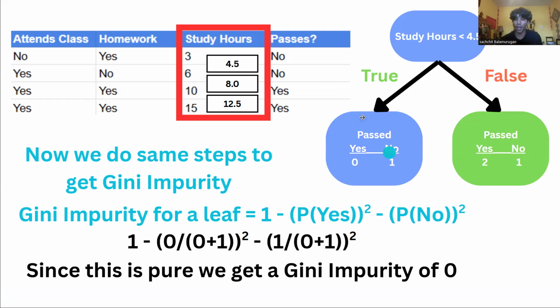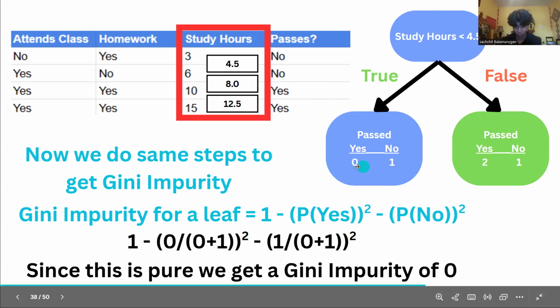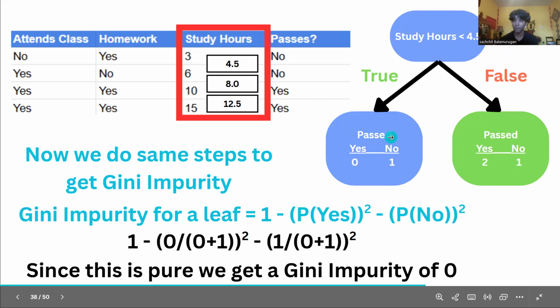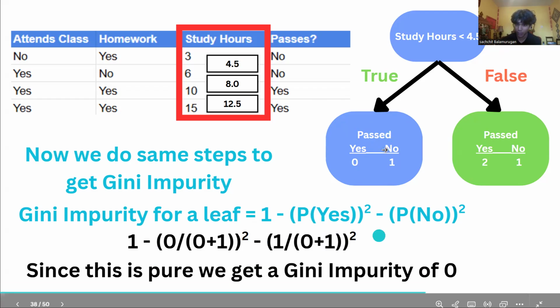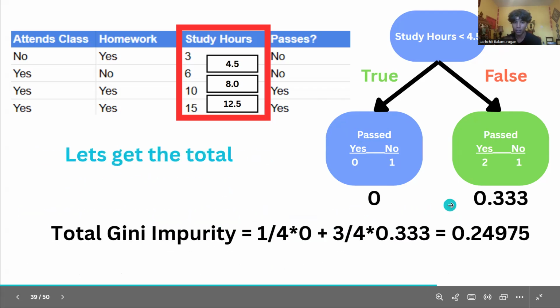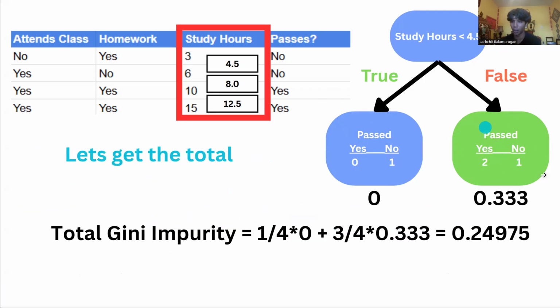So we're doing it by leaves, okay? We do this first. I almost got confused there. So right here, this is for the left leaves. In the left leaves, we only have two values, 0 and 1. Probability of yes in this left leaf is what? 0 over 1. Probability of no in this left leaf is what? 1 over 1. And now we do the same thing for this equation for the right leaves.